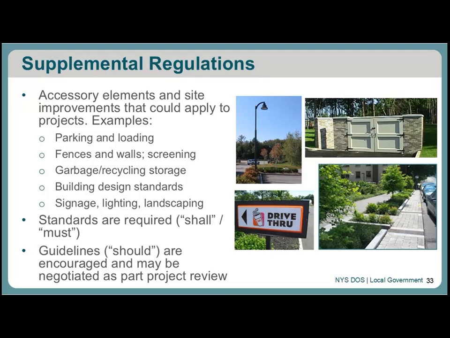going back and forth. So sometimes you have a little bit more depending on that negotiation factor with national chains that are coming to your community. But standards are usually the strongest, where you can hold applicants to those standards in your law. If you're not willing to go full in on standards, guidelines are a good place to start. So keep that in mind.